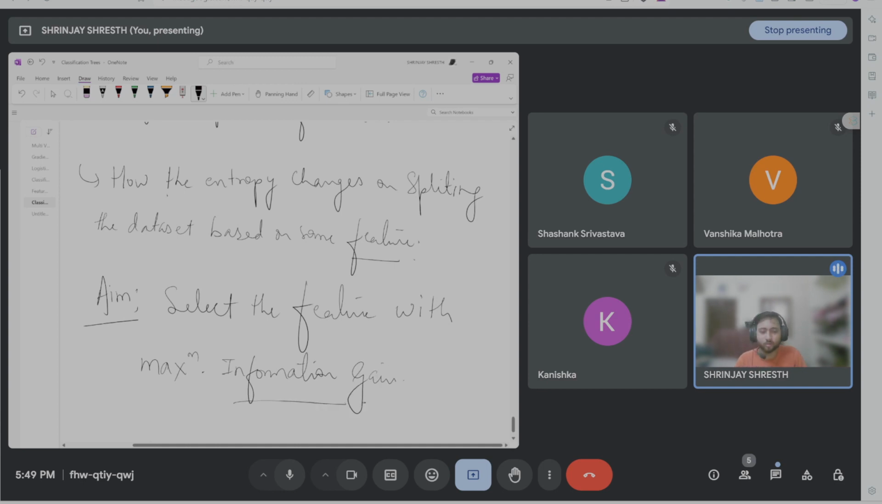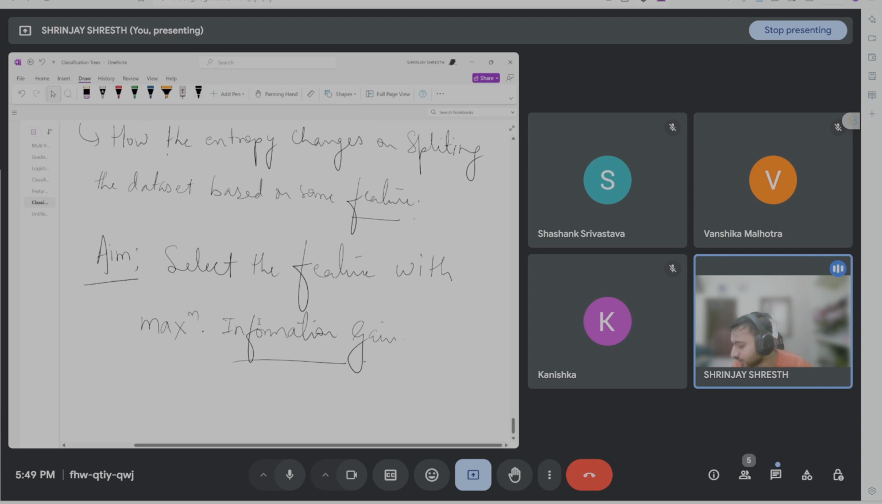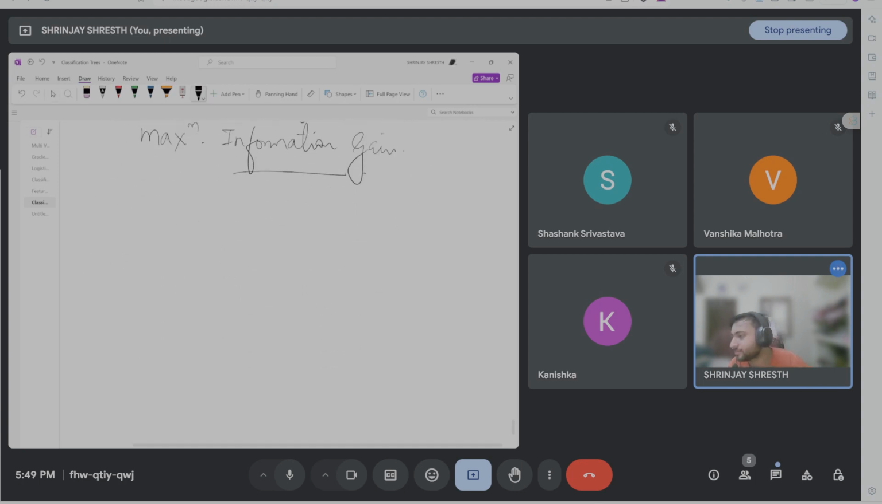This is your ultimate goal. Let us see what its formula is. Its formula goes